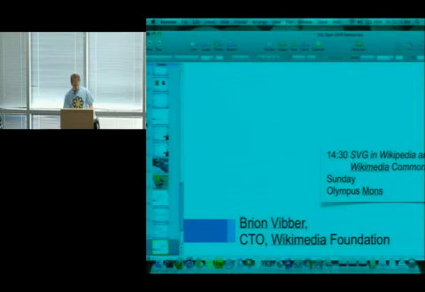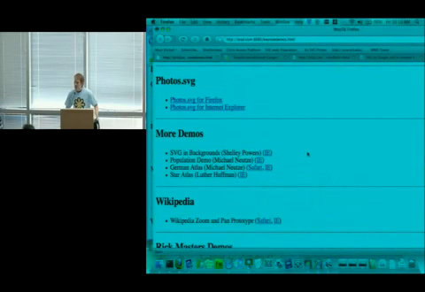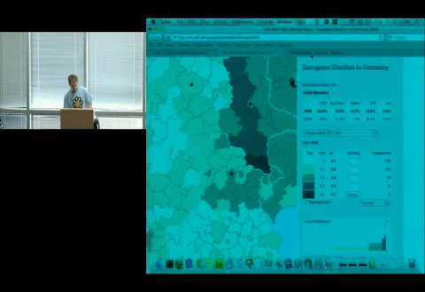I want to show you some of the work we've been doing with Wikipedia. One of the things most people don't know is they have this amazing resource called Wikipedia Commons. Every image, video, SVG file ends up on the Commons. It's free culture. They're Creative Commons licensed, and you can work with them. I want to show you a prototype that we've been building with them